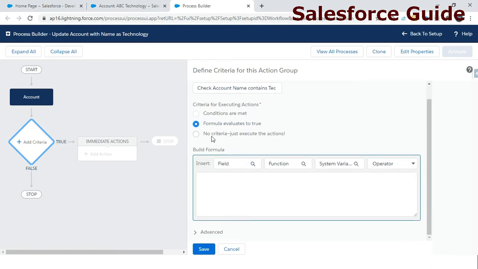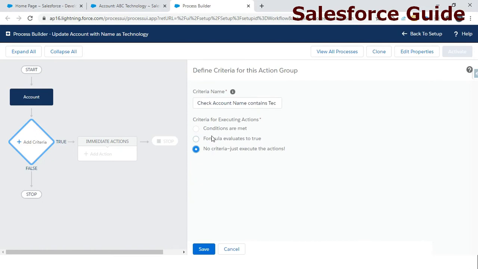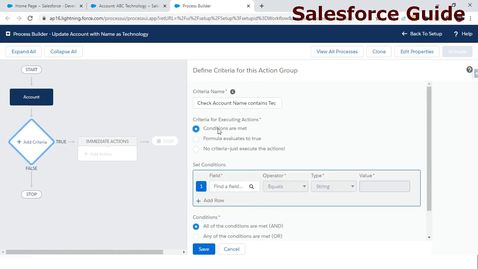Or no criteria, which means you can execute activities without any criteria, whenever a record is saved. As of now I have some criteria, so I'm going with this.